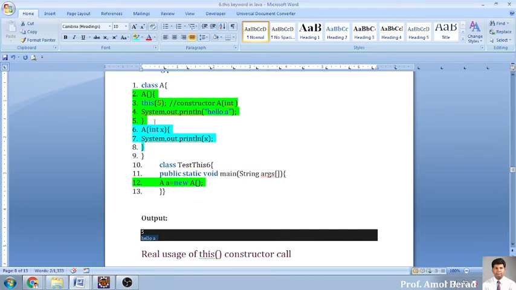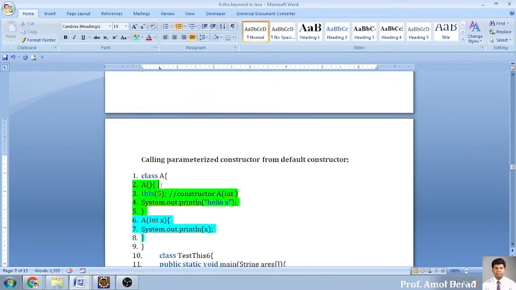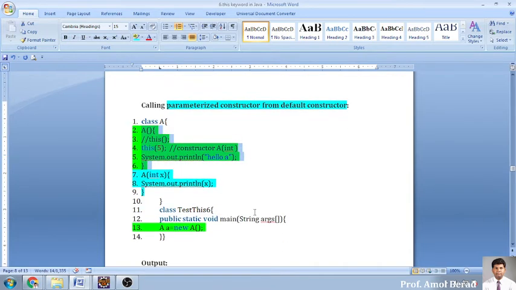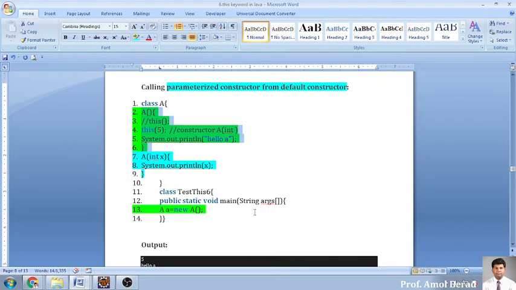So see this. The previous this keyword was very simple. The previous this was only a function without any parameter. Now this is the function this with a value. We called it a parameterized constructor from the default constructor. So you can call a parameterized constructor like this from the default constructor. So this is also possible over here. Is it clear? Yes or no? Yes, sir. Yes, sir.